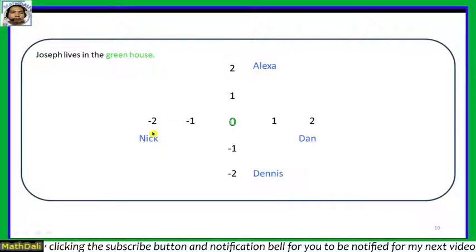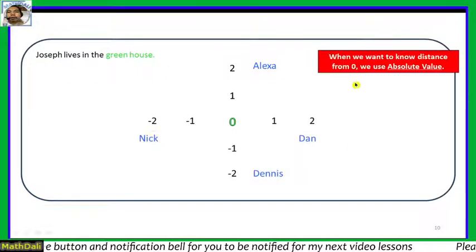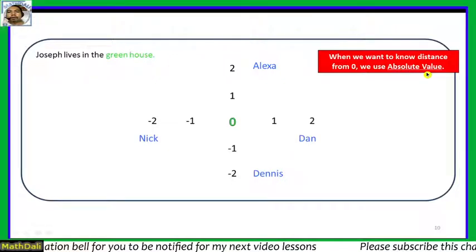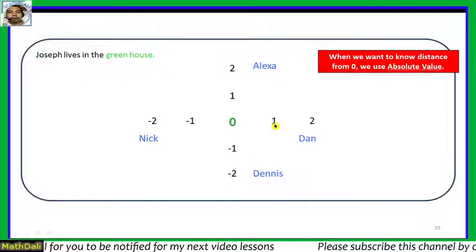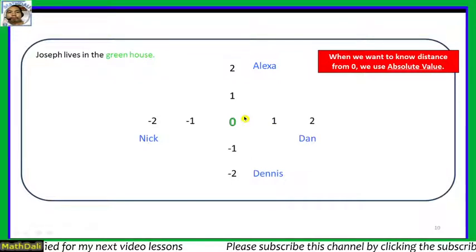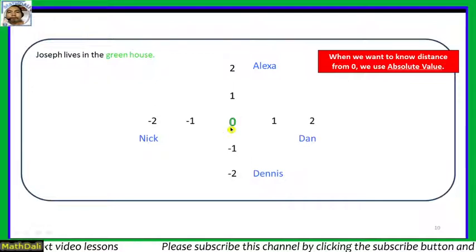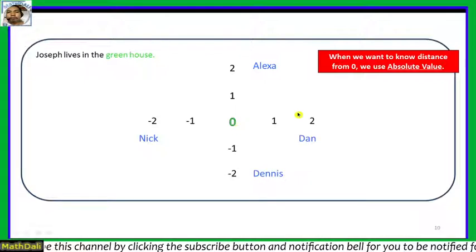When we know the distance from 0, we use absolute value. Since ito yung nagre-represent sa bahay ni Joseph, we represent that one as our 0 para makuha yung distance nito,